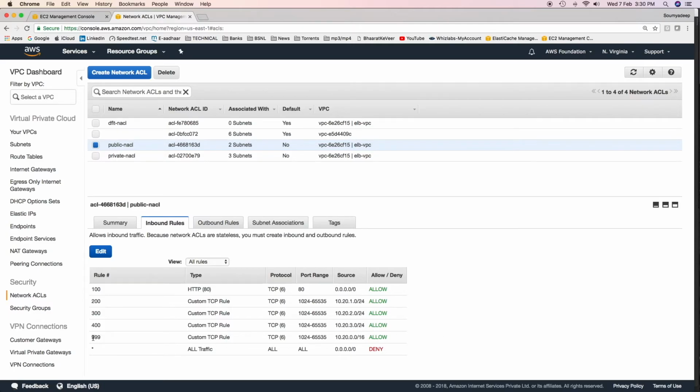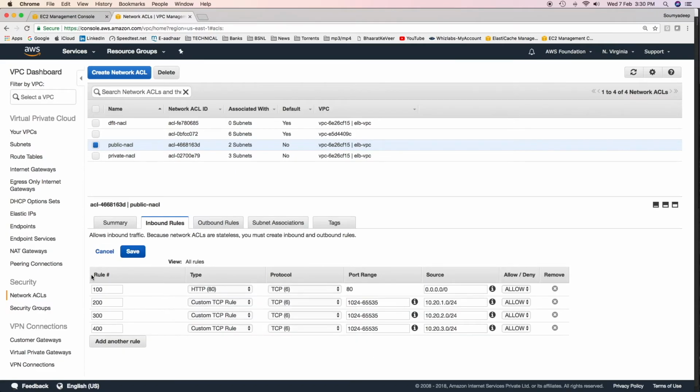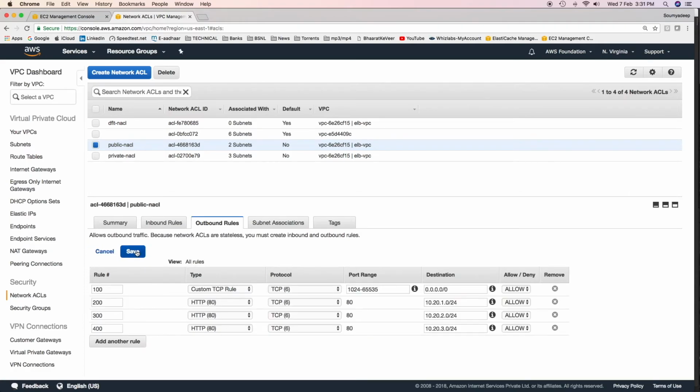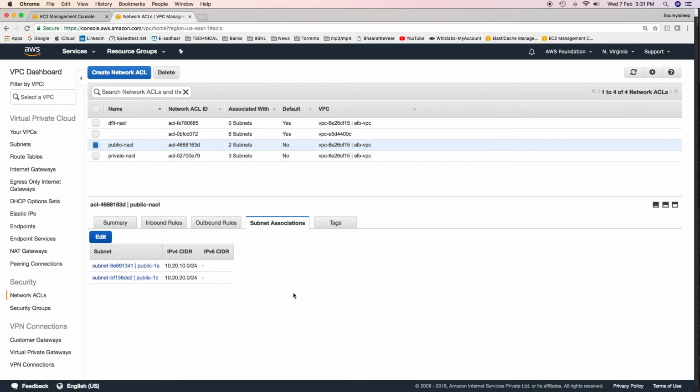Rule number 999, I just want to show you that instead of putting all the private subnets separately, you could have put the entire VPC or entire router. I'll remove this one. For outbound, we have similar response going out to internet and request going out to all the three private subnets. And rule number 999, as I said, instead of putting individual private subnets, you could have mentioned the entire VPC network address also. I'll remove this one as well. Finally, the NACL has been associated with subnet public 1 and public 1C. These are the public subnets and these are load balancer subnets.